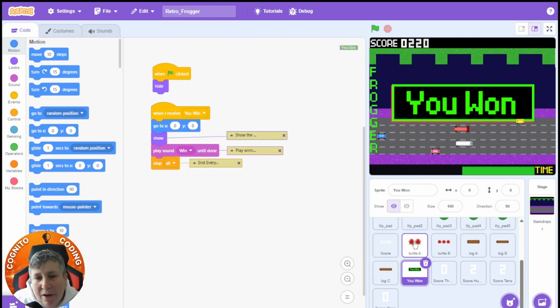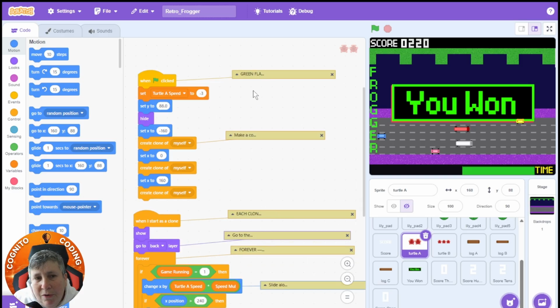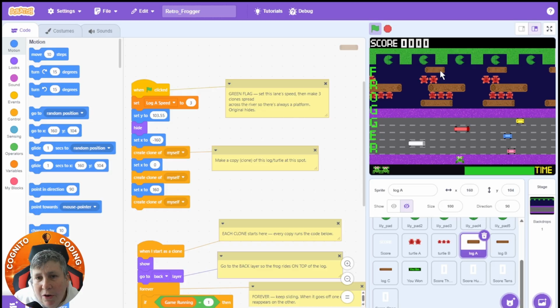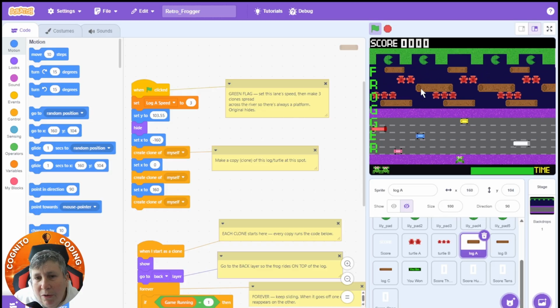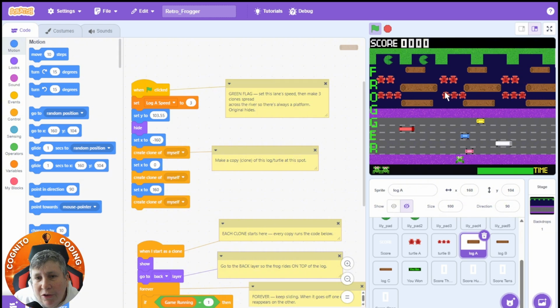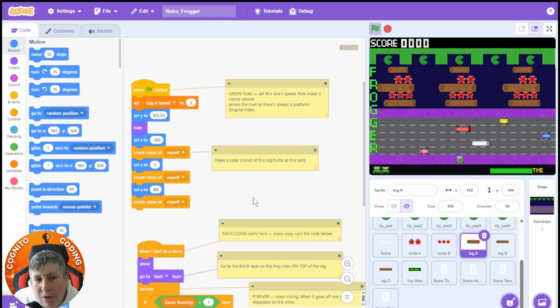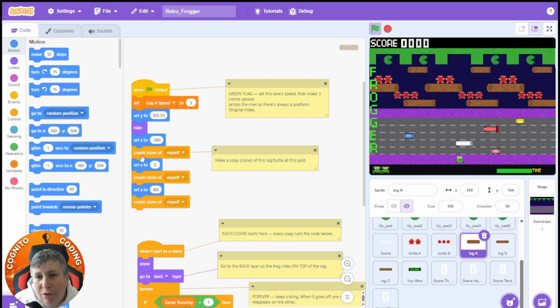We have our turtles here, so they're moving, and also we've got them creating clones of themselves. That's how we get the multiple turtles and logs coming along. So there's only one sprite of each type of turtle. There's 3 logs, but they're in the different rows. So if we just pause that there, you can just see that our logs are in different rows and our turtles are in different rows, but inside those they all clone themselves,